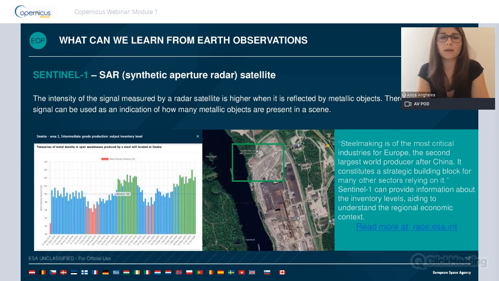So with Sentinel-1, as I was saying, this is a radar satellite. It has a synthetic aperture radar on board, and this is a very useful kind of measurement if we want to look at the variation, the dynamics of activity in different key economic points. This is an example of the impact on the steel industry. Steel production sites are quite a good example of sites to monitor with Sentinel-1 data, because